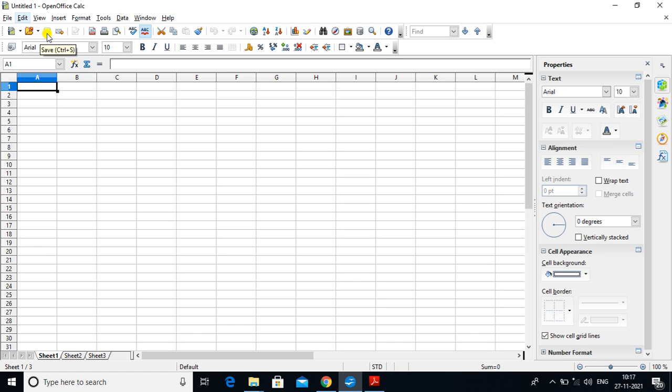This symbol is used for saving the spreadsheet or file. This is for sending the document as email, or to export or create a PDF. This is for printing, this is for magnifying. So all these symbols have a specific function.